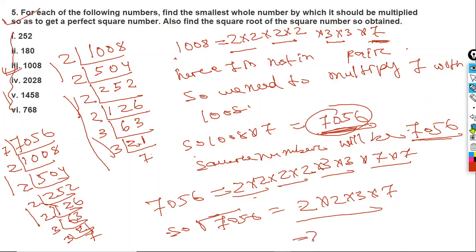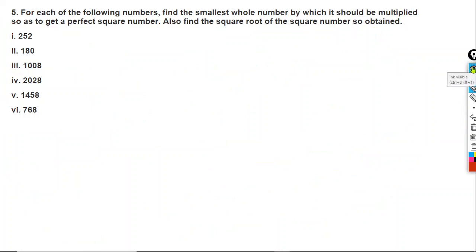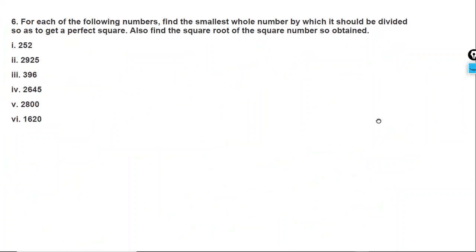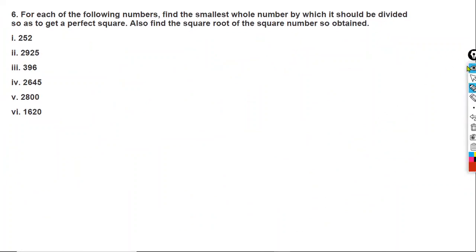Okay, now we will go to question number 6. Here, for each of the following numbers, find the smallest number by which it should be divided so as to get a perfect square number. So here we have to divide. Okay, let's try one of the numbers. So let's try this number here,